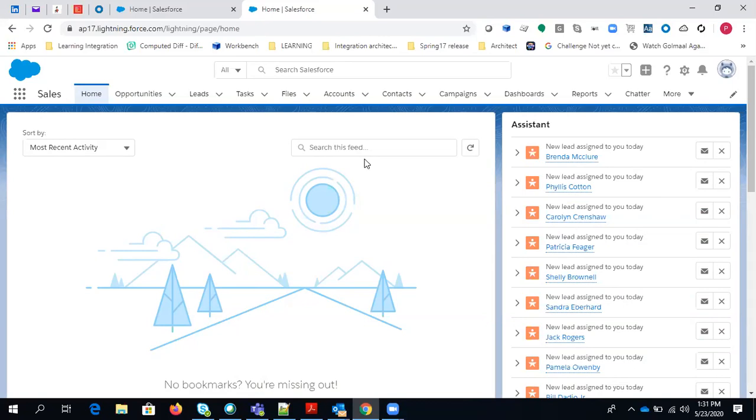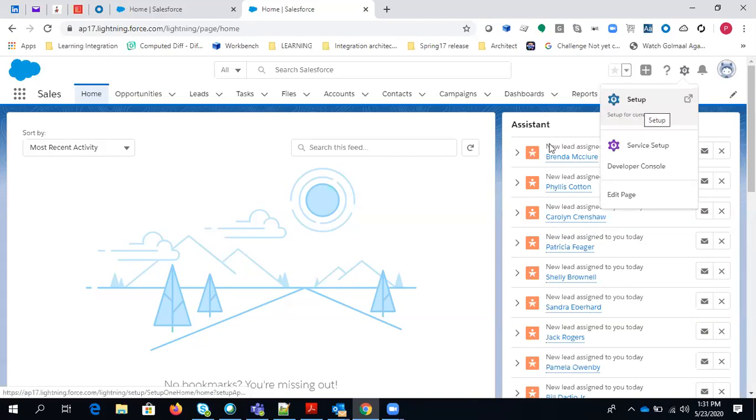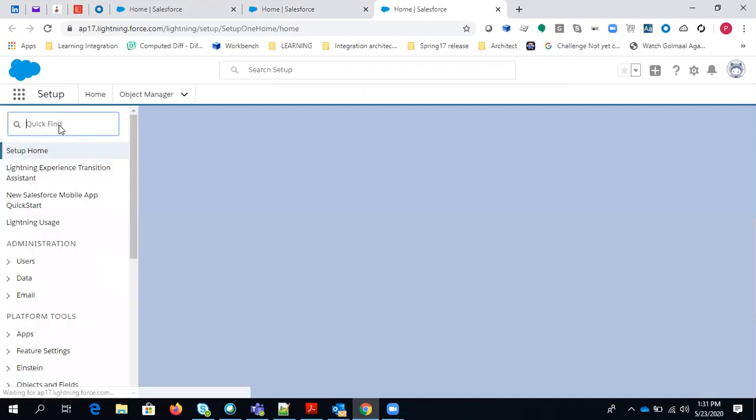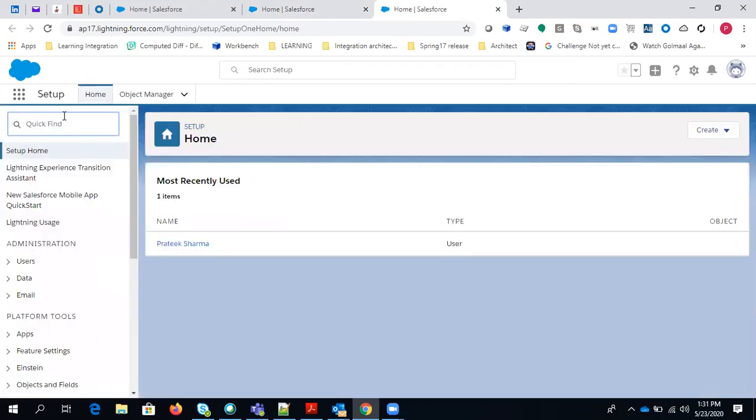So what we did is we simply go to setup. I'm just repeating the process one more time for you guys. You just need to go to setup. In the setup, you can simply go to app builder. You can simply type app builder here.